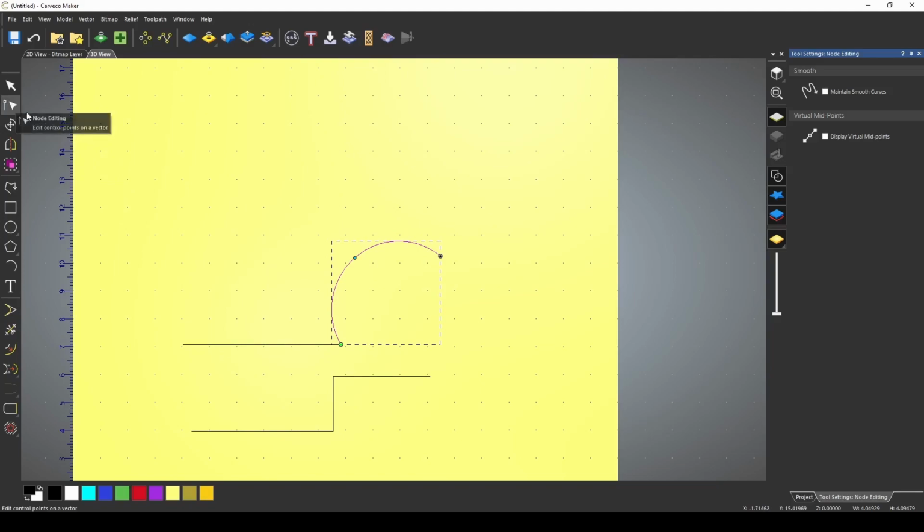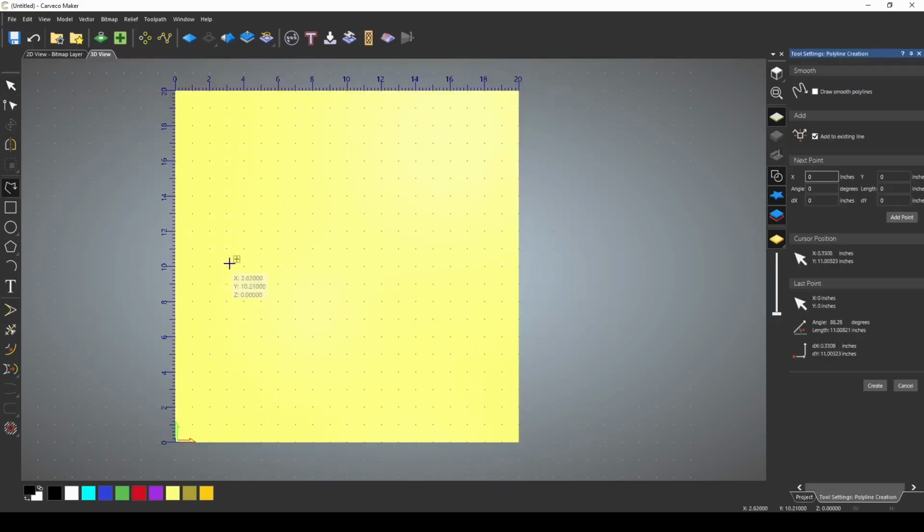In our node editing, we also have the Maintain Smooth Curve option, which is going to remove that arc button and will maintain the smooth curve between the 2 points. So once you've established your curve, if you wanted to move that point and keep the curve, you could maintain the smooth curve with that. With that unchecked, it gives you back your arc adjustment node. You can adjust it there. I just deleted those and I'm going to start a new line.